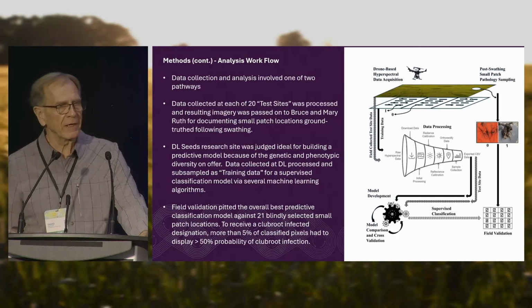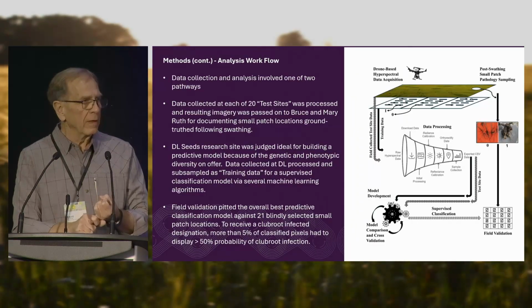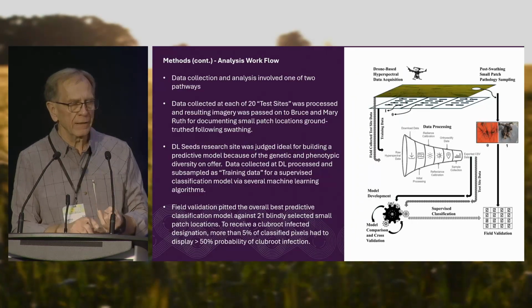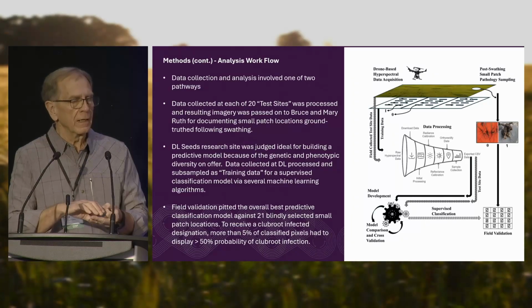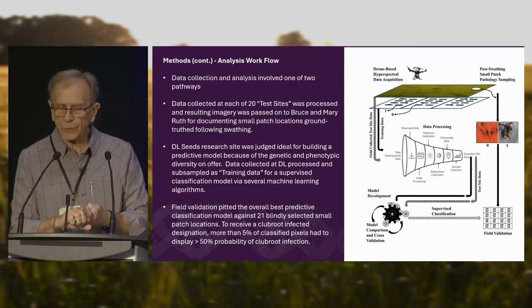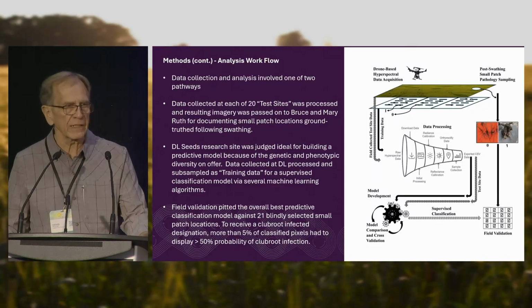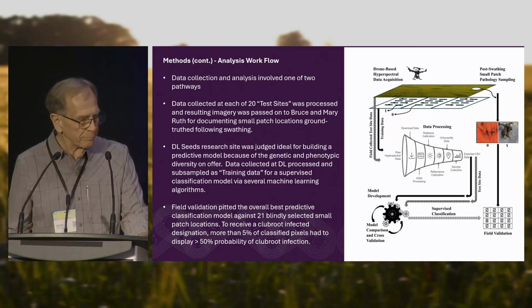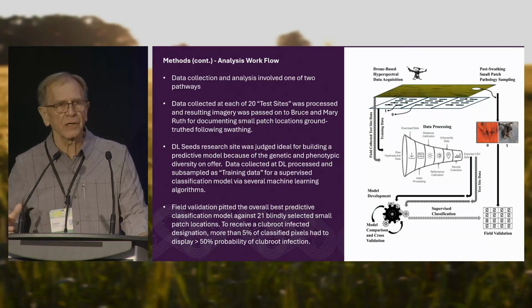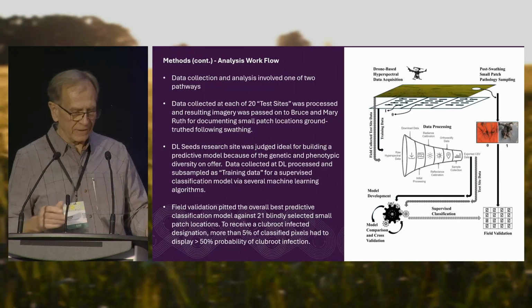But to keep it short, we looked at stochastic gradient boosting, random forests, classification and regression trees, and binary logistic regression, which doesn't really fall into that machine learning area, but nevertheless was very helpful as well. So we did the comparison of those using the DLC test site data, and